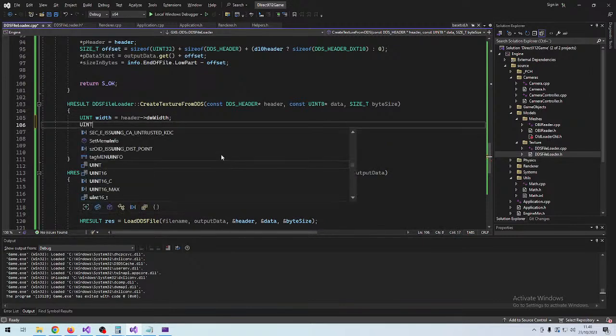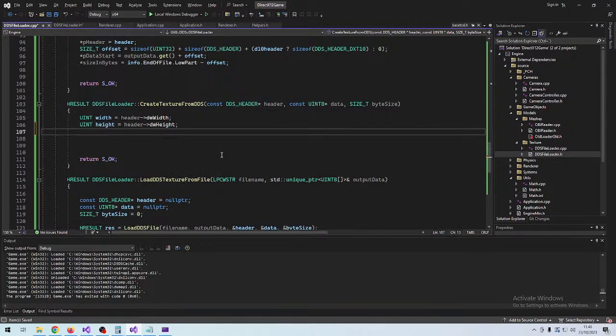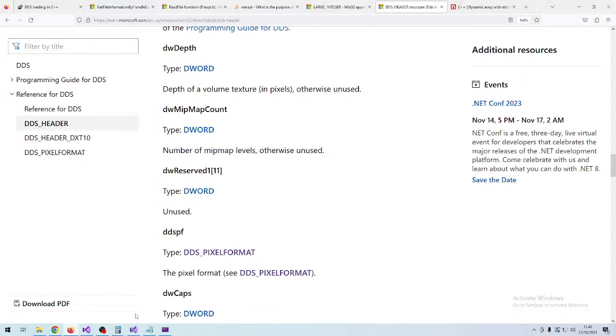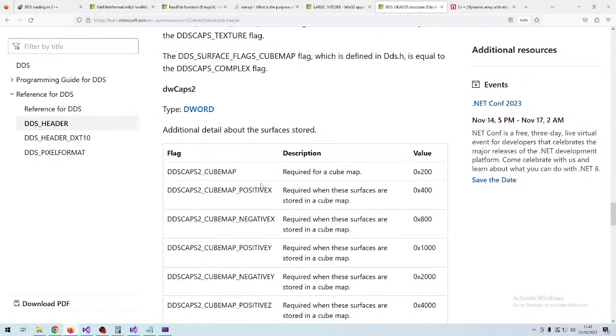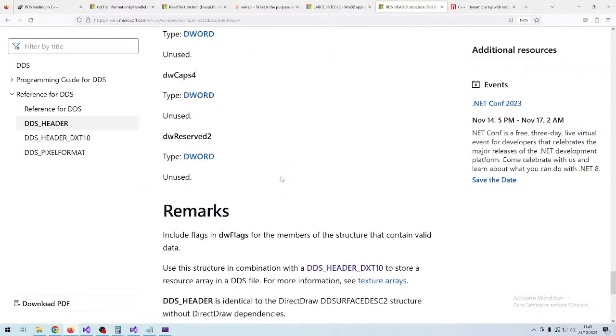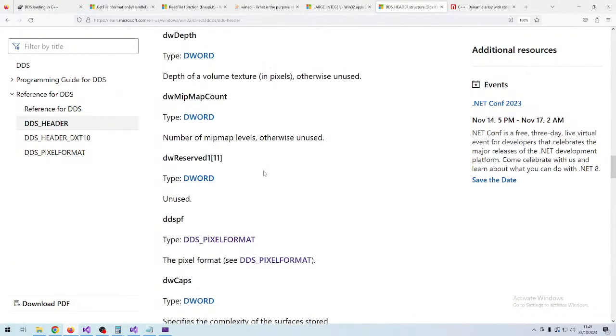Width, our height, which we will also get from our header. We will get our depth. And as you might start to see, this corresponds to our texture information, or rather, we haven't seen the actual texture structure, but if you just think of the way